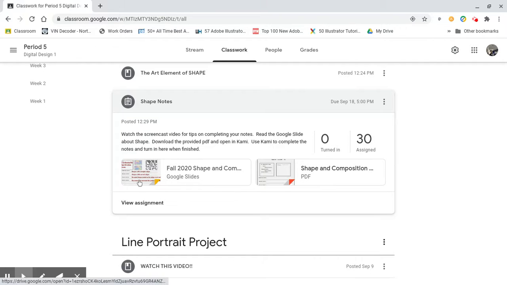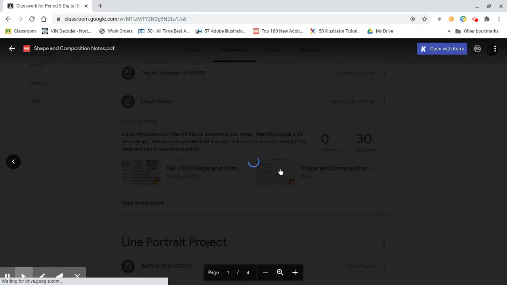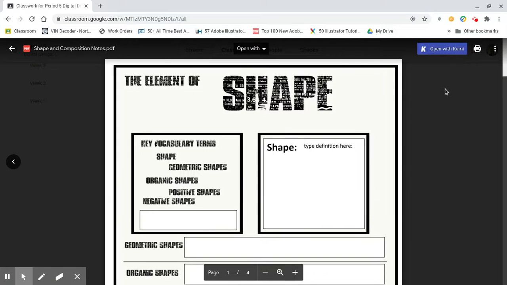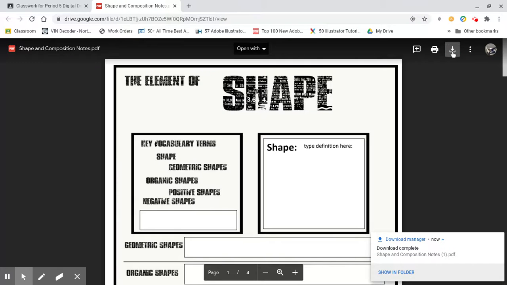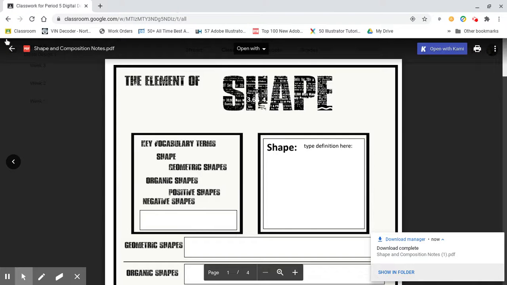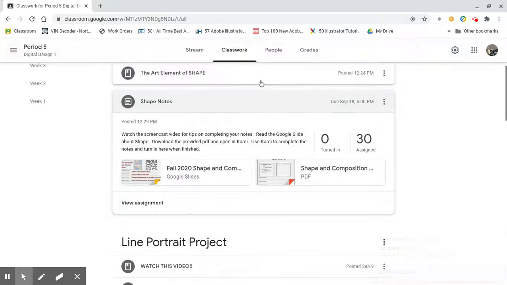Continuing on. You definitely want to read the notes for Fall 2020 Shape and Composition. And then what you're going to do is open up this PDF and download it. If it doesn't give you a download option here, you can go to these three dots, open a new window. Download complete. Now you're going to open up this PDF in Kami, and that's where you're going to